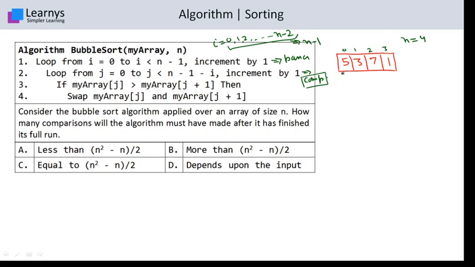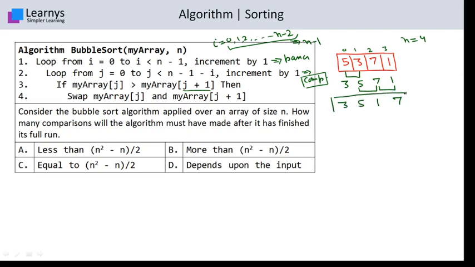You can see in the first pass how many comparisons there are. It compares these two elements, and they are not in proper order. Proper order means if the j plus 1th value is smaller, we swap them. After swapping, 3 will be here, 5 will be here. Next it compares these two elements, so they stay as they are. Next it compares 7 and 1. Again 1 is smaller, so 1 will be here, 7 will be here. So it will look like this.